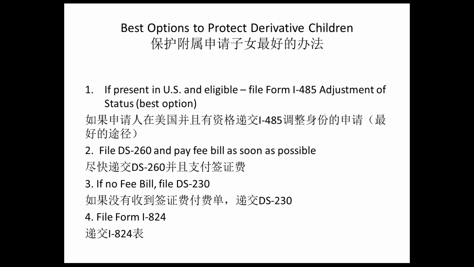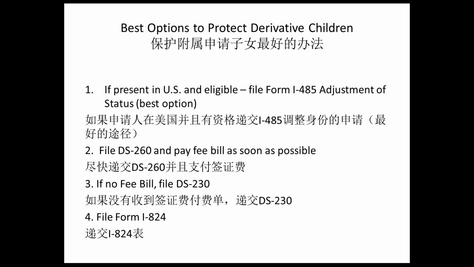So these are the 4 things you can do to protect a child. 所以以下4个就是你可以锁住小孩年龄的办法。Number 1, file the adjustment. 第一就是在美国递交485转身份申请。Number 2, file DS-260 and pay fee bill. 第二个就是递交 DS-260 并且支付签证费。Number 3, if there's no fee bill, file DS-230. 如果没有收到签证费，就递交 DS-230。Number 4, file form I-824. 第4个是递交824表格。